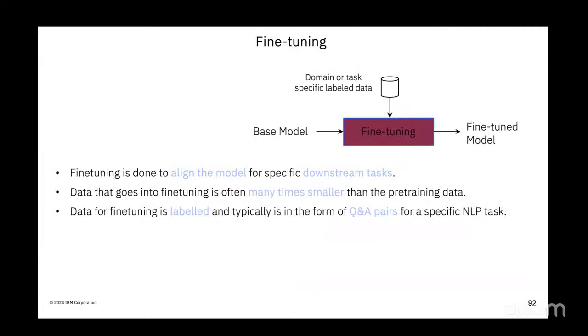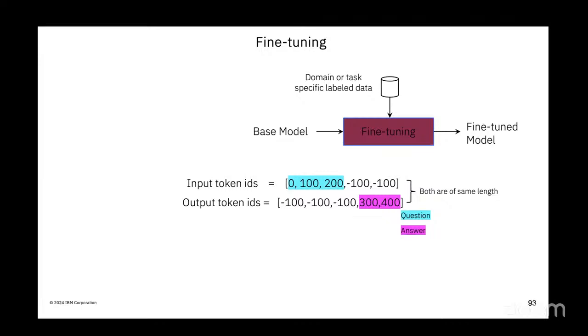Again, we do the same thing, except now the input and output token IDs are different. If I want to do sentiment analysis, I give a sentence and ask, what is the sentiment of this sentence? The model output should be just positive, negative, or neutral. So I generate all such possible input-output pairs, giving the model the question about the sentiment of a sentence as input, and asking it to generate whether it's positive, negative, or neutral.